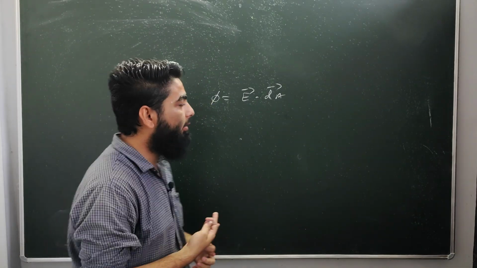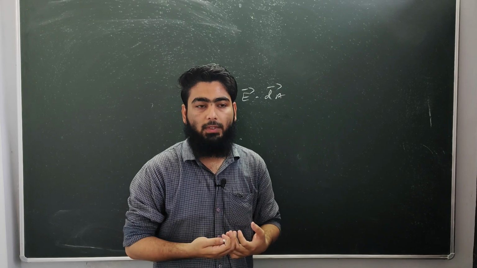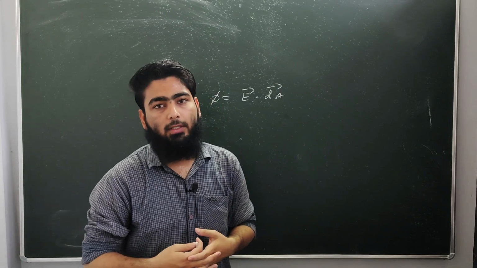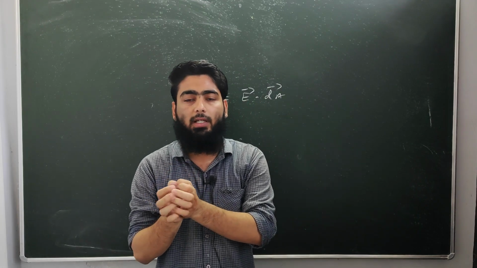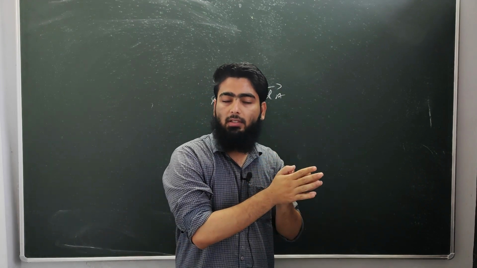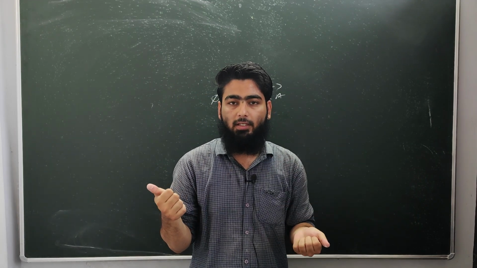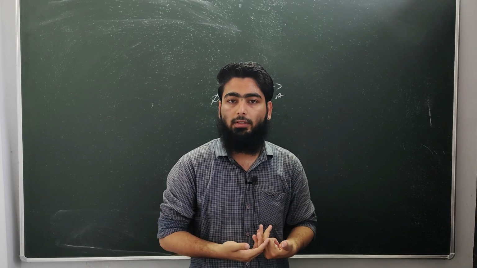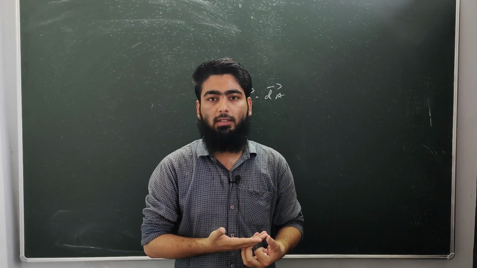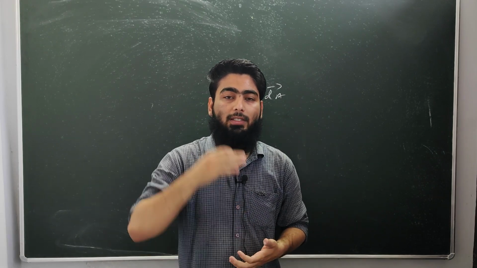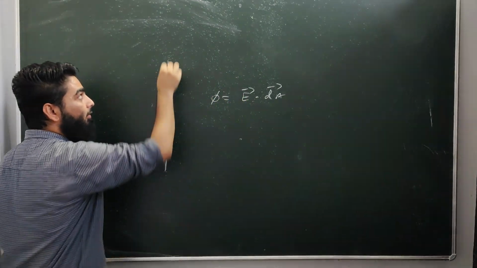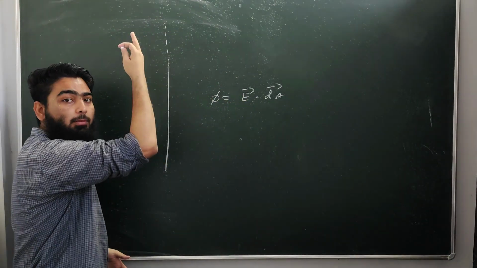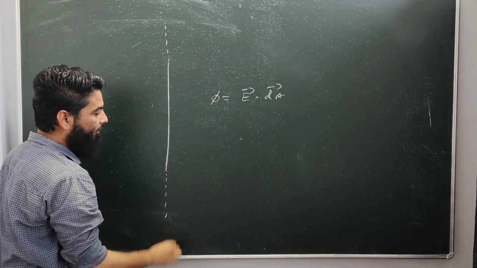Now we are going to talk about one of the applications of Gauss law. Gauss law is applied to find the electric fields due to different charge configurations. We have studied two kinds of charge configurations: one is discrete charges, the other is continuous charge bodies. One of those charge bodies is a uniform rod which is infinite in length, just like this. I am drawing a rod which is infinitely extending from above and infinitely extending from below.